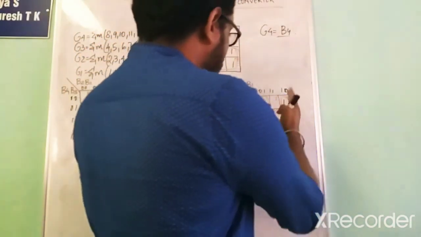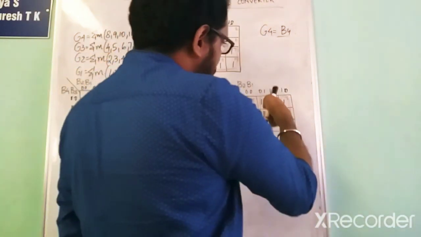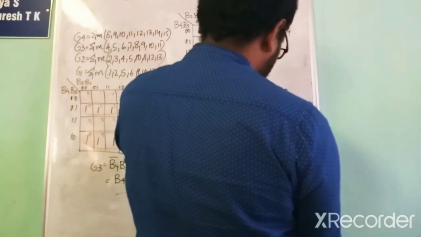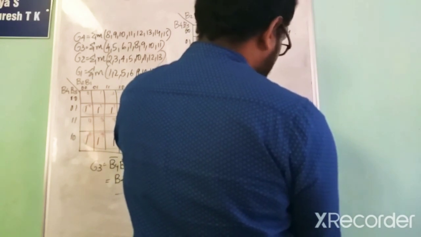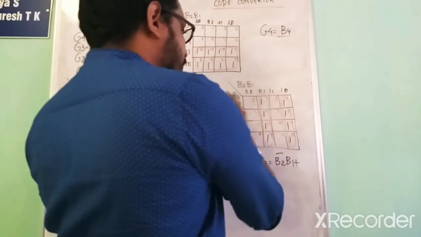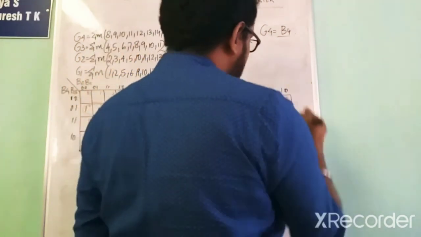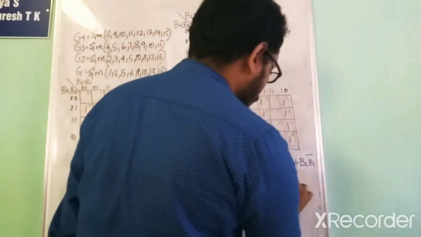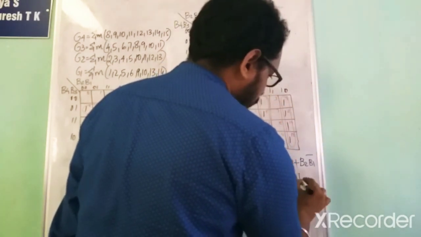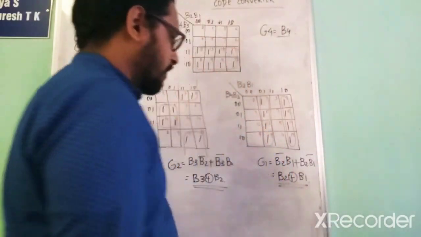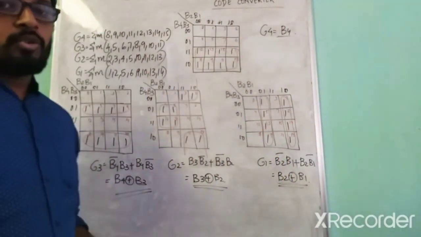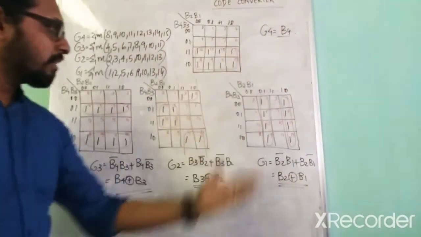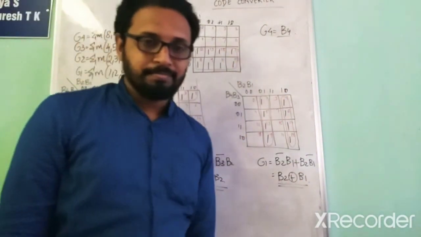Now this one, project this one leftwards, this case alone. This is similar to projecting it upwards. Okay, so it can cancel. Projecting this upwards, we get the result as B2 bar into B1 plus projecting this leftwards, again this set will get cancelled. Projecting this upwards means we get B2 B1 bar. This is equal to B2 XOR B1. How we computed G4, G3, G2 and G1 is clearly written on the board. Please follow this. Okay.